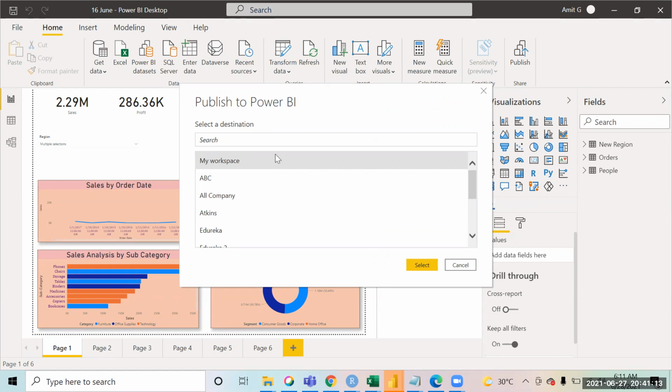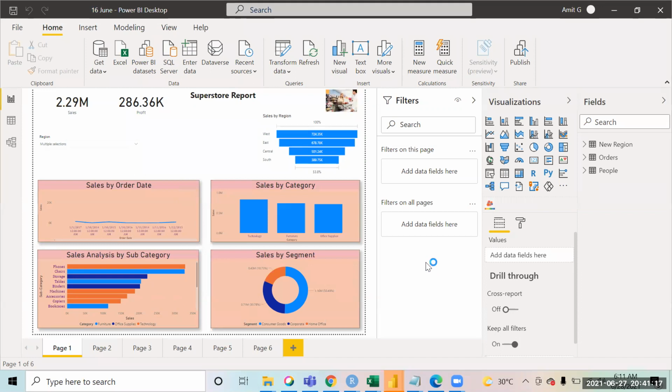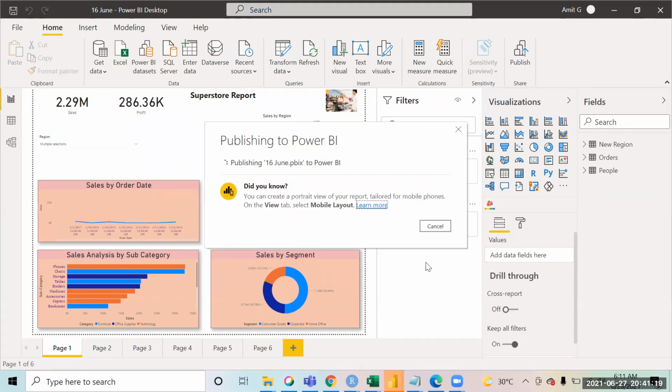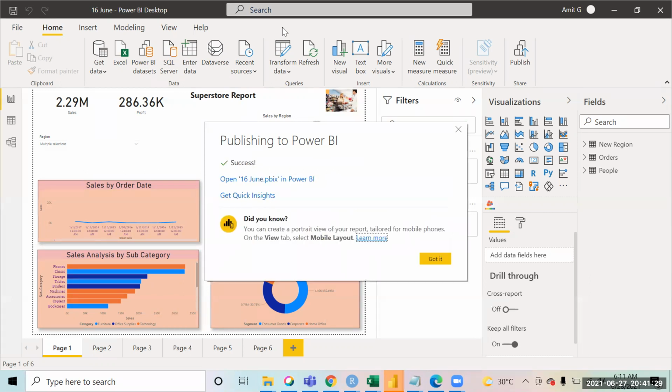When you click on select, this report will be published on the service account. You see the report has been published and I get a message of success.